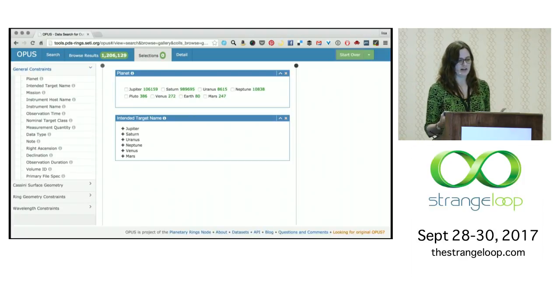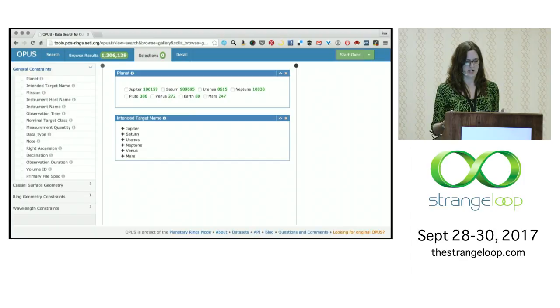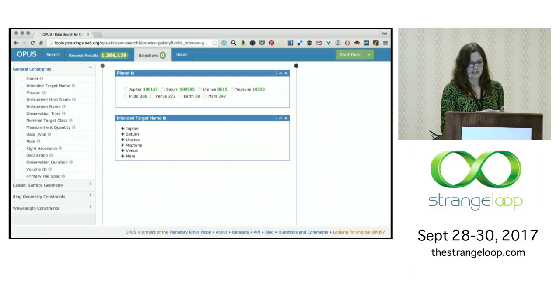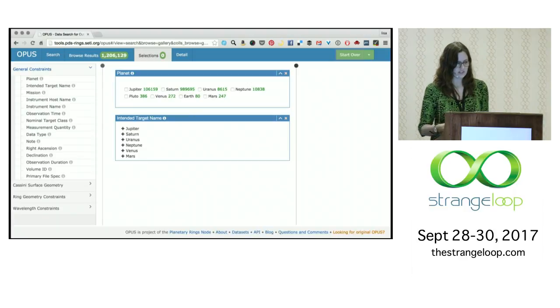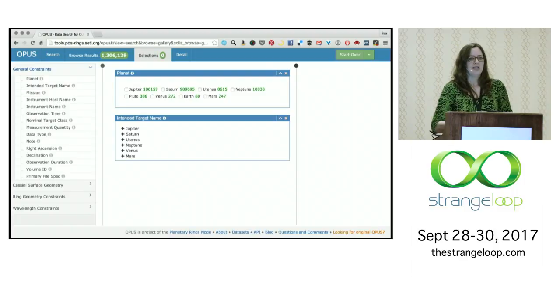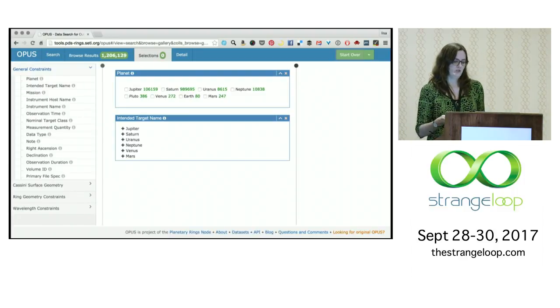So for this tool, we archive the complete set of remote sensing data for several NASA missions: Voyager probes, Galileo, New Horizons, and Cassini, and there's some Hubble data sets in there as well. And the idea is that you want to search and narrow down your results to a more reasonable number than 1.2 million based on what you're looking for, so that you can browse and maybe do some downloading of